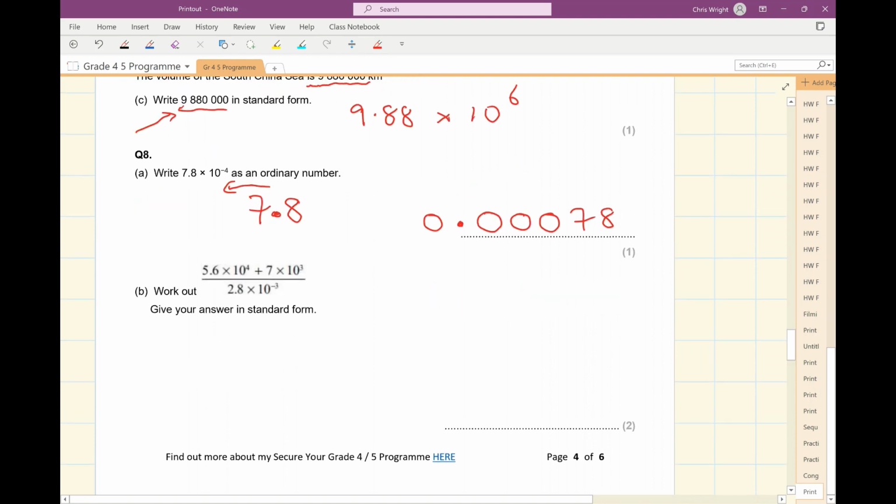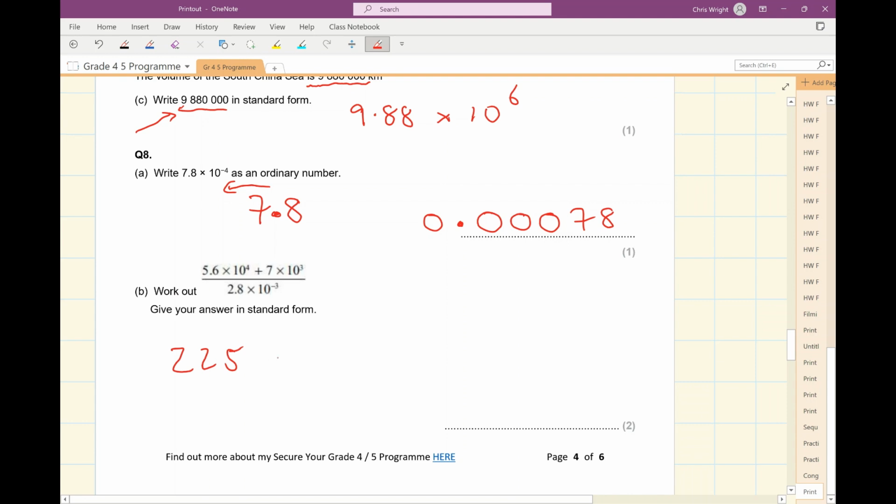And part B, well, I'm afraid to say, I've just put this in my calculator. Use the fraction button, 5.6 times 10 to the power of 4, plus 7 times 10 to the power of 3. And then on the denominator, 2.8 times 10 to the power of minus 3. And press the equals button. Gives me the answer